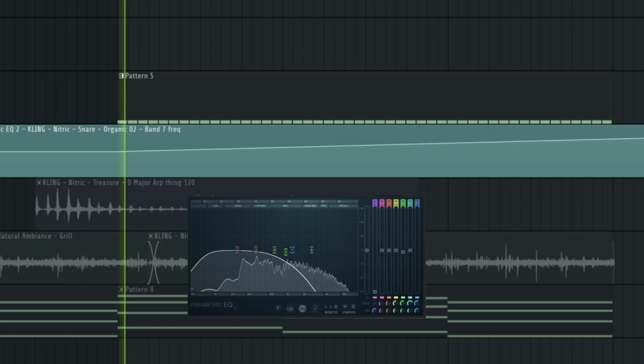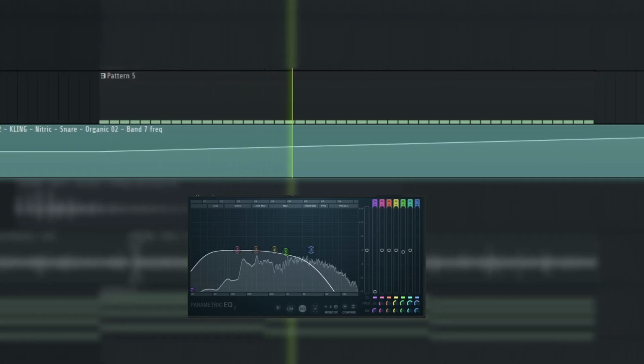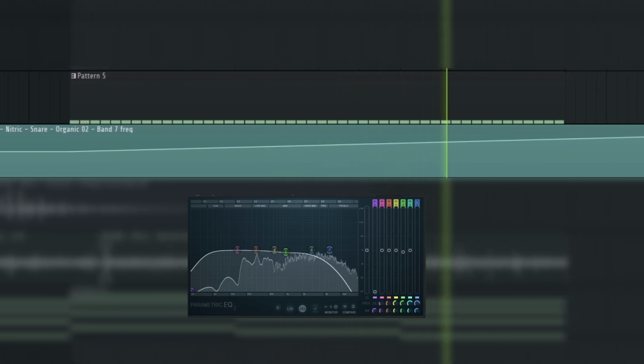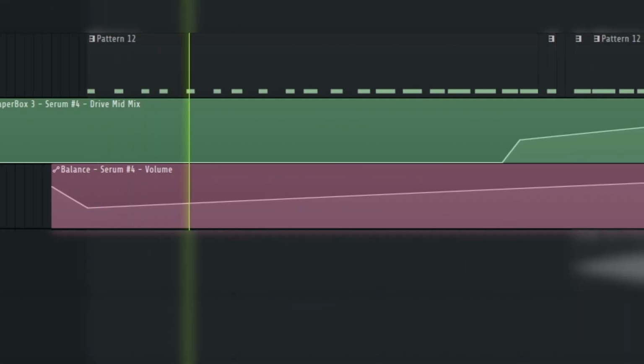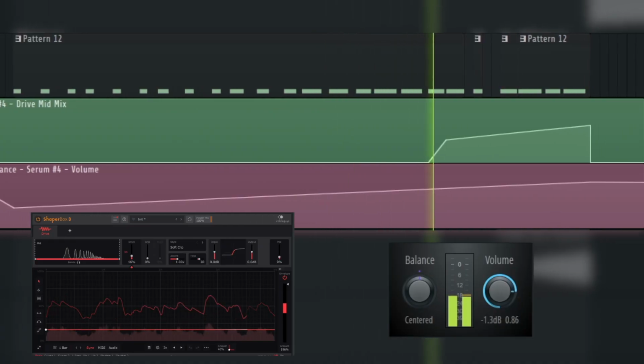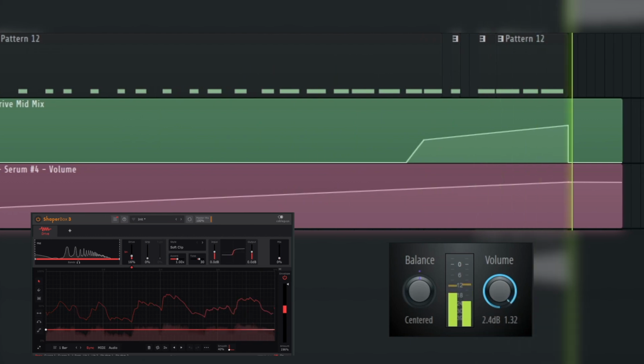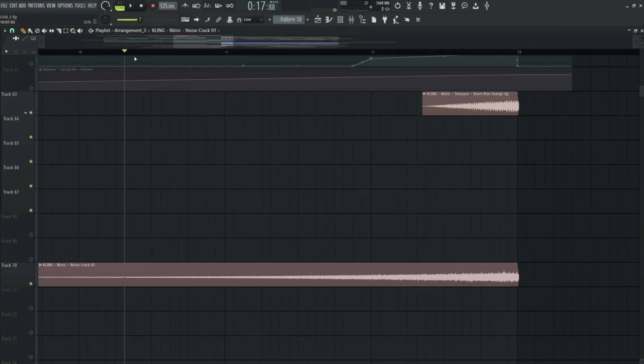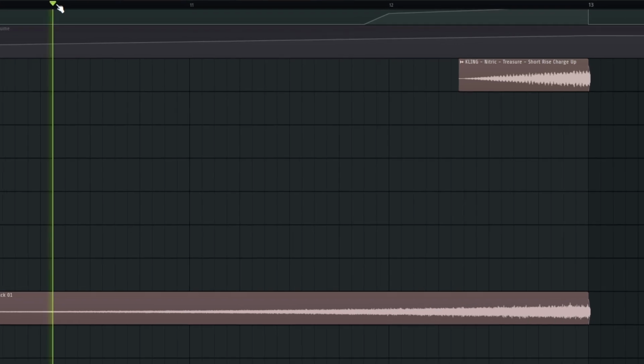And for the build-up, just a very basic snare roll. And a pulsating Medusa preset that is playing the root note of the key of the song. And it's just rising in volume. So it's kind of like a riser, except it's not rising in pitch, it's just rising in volume. And it gives it a lot of tension in my opinion, and a few other typical riser effects.